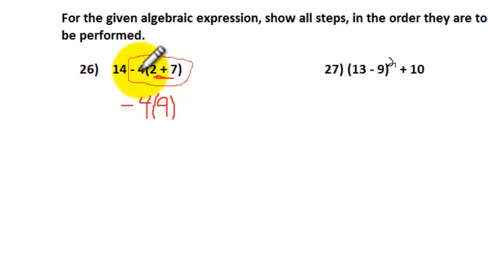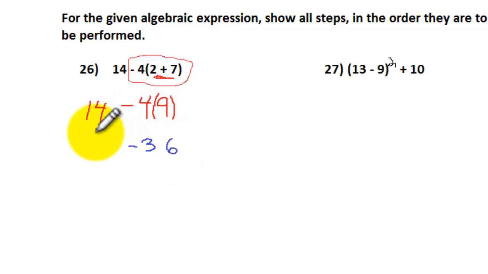We have to know what we're going to do with this 4. If the parentheses weren't there, then you would have to write in a multiplication sign. And then you put the 14 in front. So anytime, as I've said before, anytime I do math, I write down the change and then I just write everything down that's left over so I can keep track of what the next step will be. So what we have is the difference here between subtraction and multiplication, and of course multiplication comes first, so we multiply -4 times 9, which is -36,